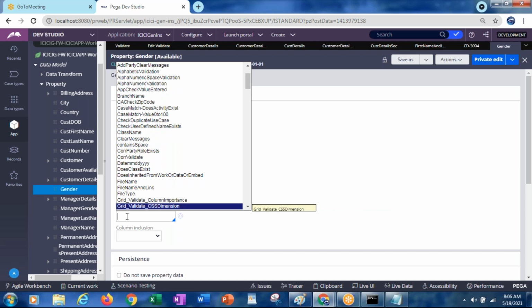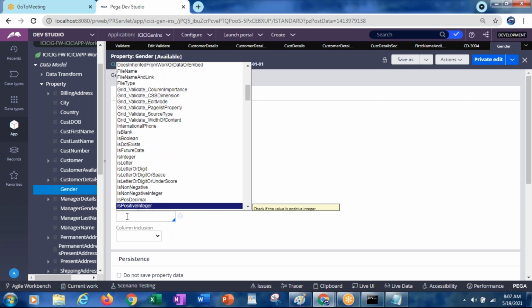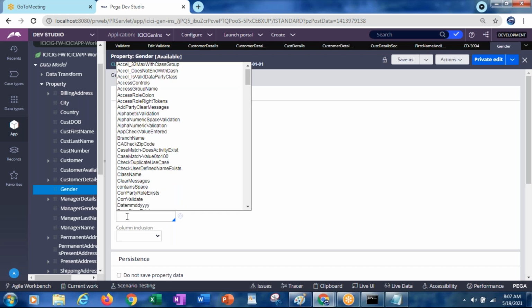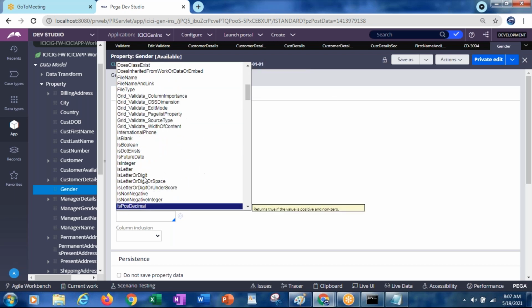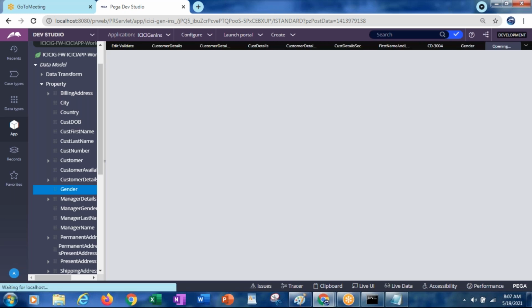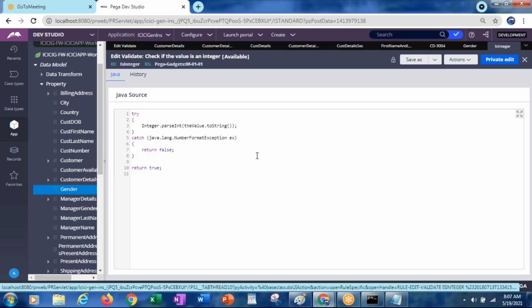You can even create your own validate rule, or you can apply the existing validate rules. For example, to test whether it is an integer or not, it should be integer only. These are all some of the things created by Pega.